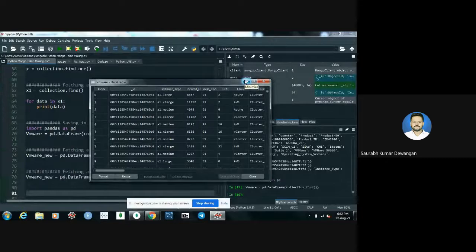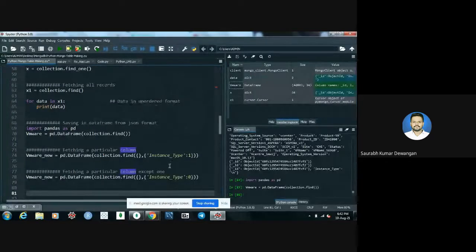I want to import only the feature instance type and store it in a data frame. So we have to give pd.DataFrame and collection.find. Inside that find, we have to mention curly brackets, then a comma, then another curly bracket. This is the syntax, so you have to write it this way. And instance type we have to give as 1.